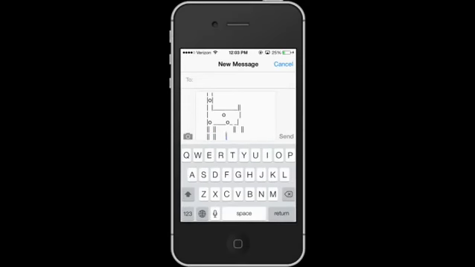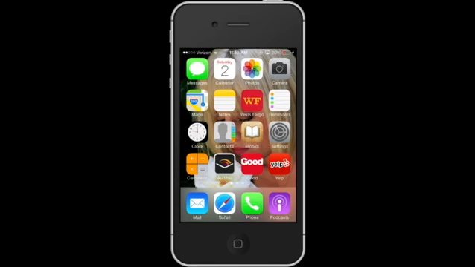Hi, I'm Omega Lee, and this is how to make a giraffe on the iPhone out of keyboard characters. Everyone likes to send their friends funny text messages, and today I'm going to show you a funny way of sending them a giraffe. The first thing to do is go into Settings, and when you go into Settings,